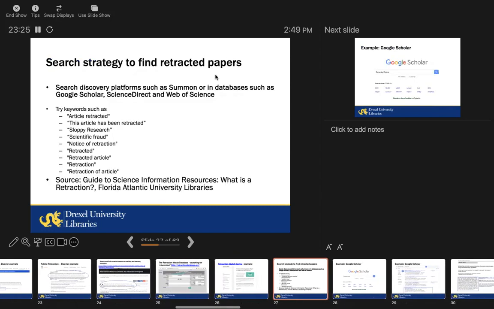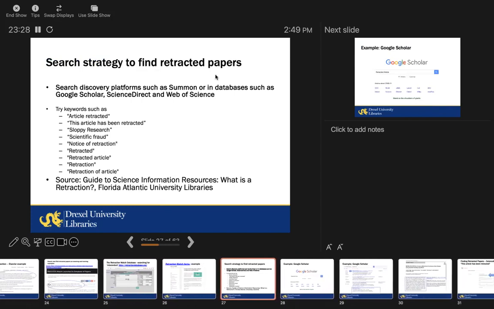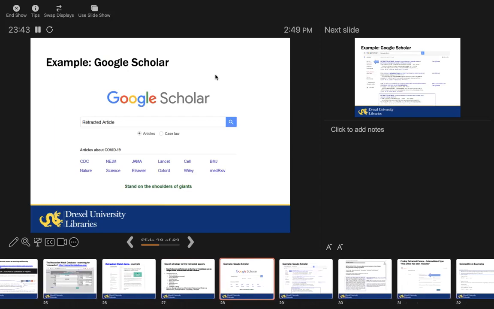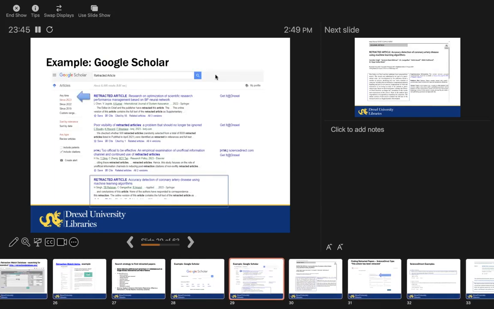Let's go to the next slide. And you can use any of these keywords like article retracted, scientific fraud, sloppy research. You will pull up a lot of papers, even from Google Scholar. Let's go to the next slide. And here I'm using Google Scholar to find retracted articles. Let's go to the next slide, and you will see